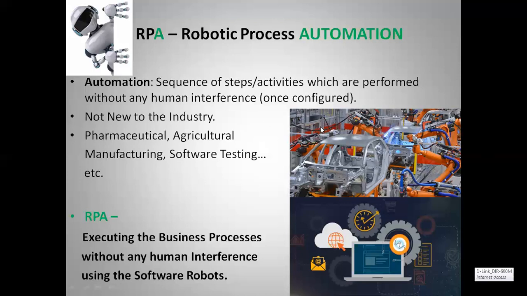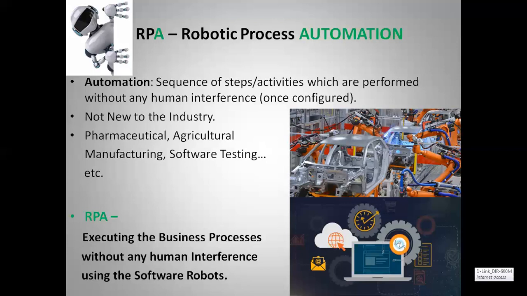So automation is not new to the industry. You can see that in the car manufacturing sector or any manufacturing sector, the agricultural sector, the pharmaceutical sector, and even in software testing. Okay, so putting all the definitions together, executing the business process without any human interference using software robots is called RPA, robotic process automation. These robots are required to be configured using the RPA software. Okay, so there are so many vendors